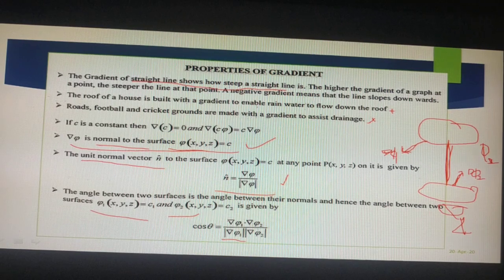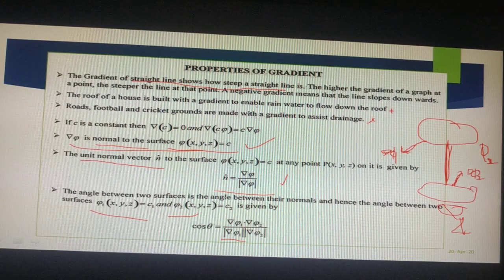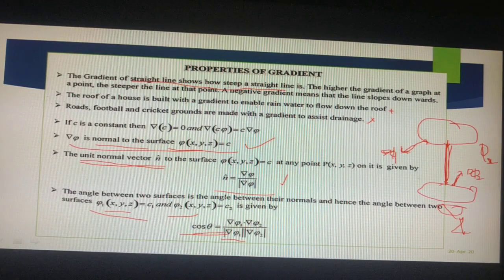Both unit normal vectors we are finding, and when we multiply these two, we get the angle between the two surfaces. Of course, here I wrote them as perpendicular to each other, so I took different points, but if you take points here, then that will be very easy. So you can find the angle between the two surfaces with the help of their unit normal vectors, and with their help we can find the angle theta.